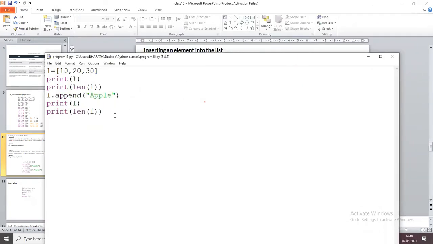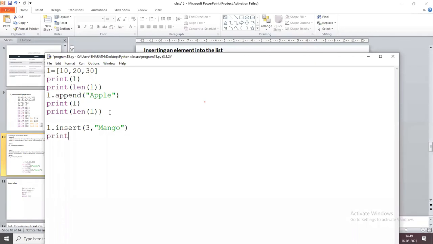Now we see how we can insert an element with the help of the insert method. So L dot insert, I want to insert at the third index. So 3 comma, the element is mango.